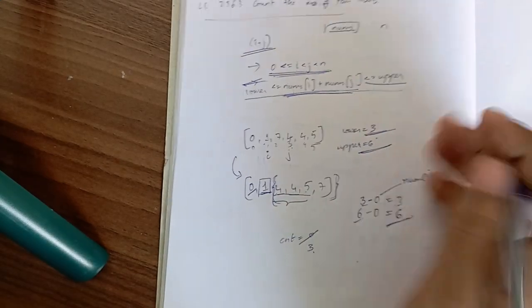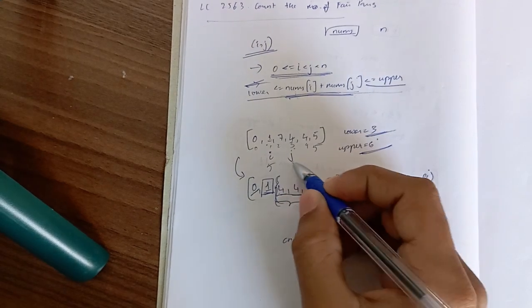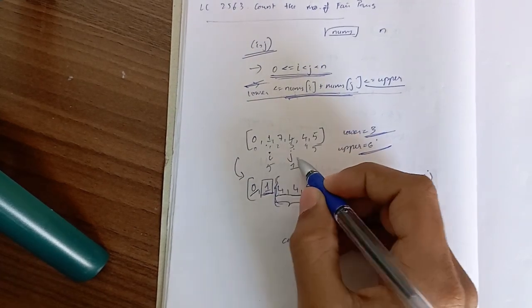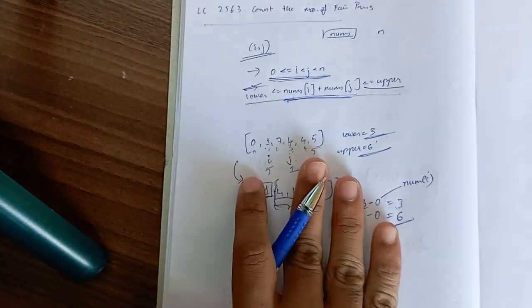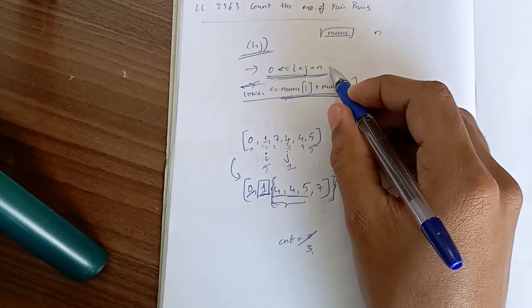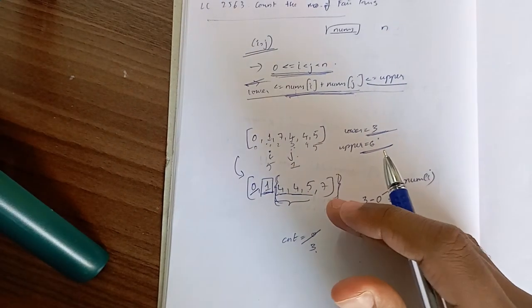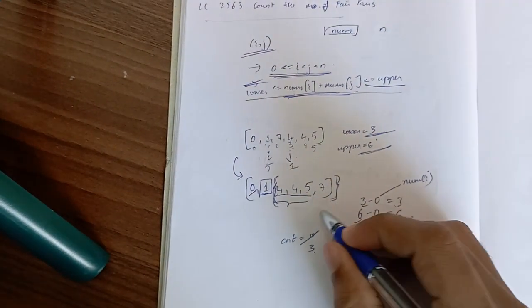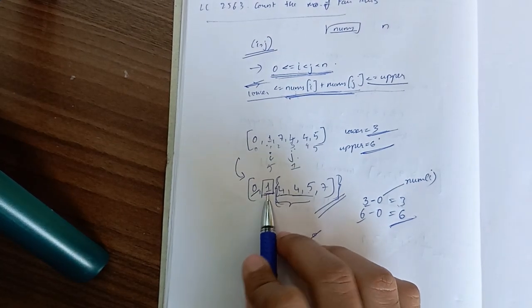will come in this range. But if I sort in descending order, it will become 5 and 1. Now i and j are reversed, but will it change the sum? No. That's why we need not consider this. We have a sorted array. So that's why there is a need to sort this array, and here we are at the index 1 and